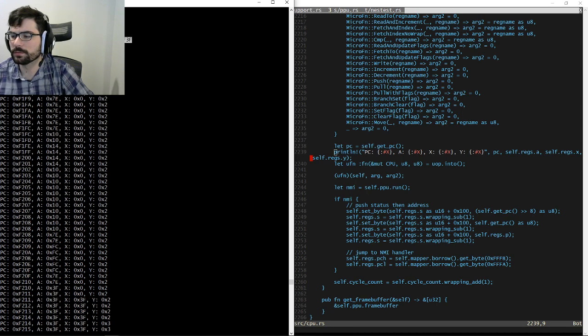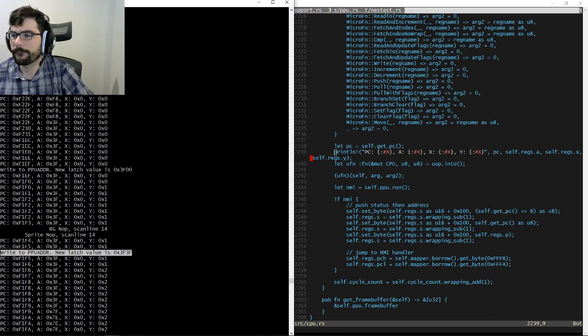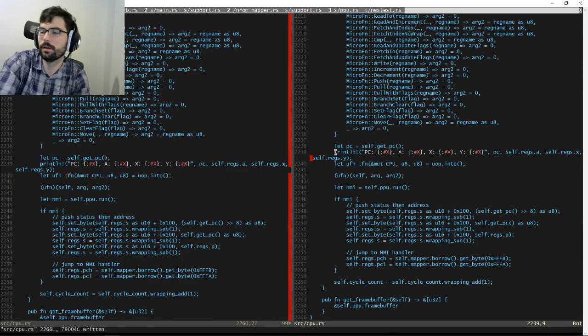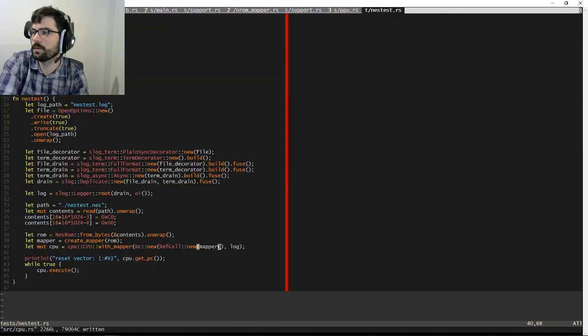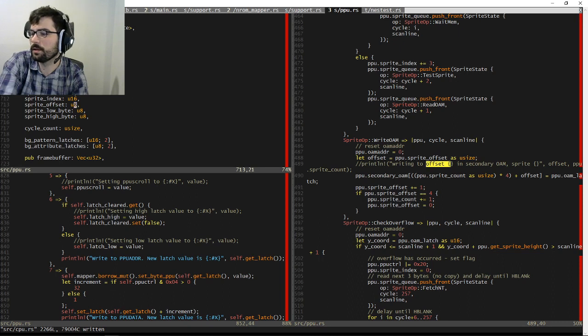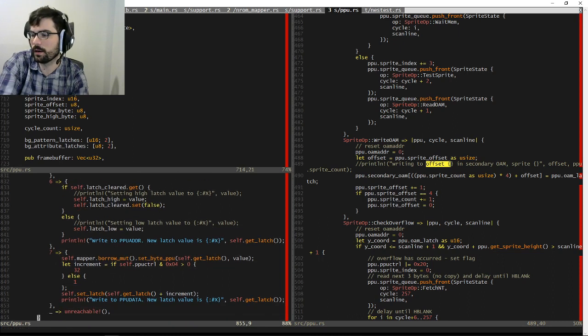I don't know. I need to print the opcodes that are decoded. Did you check your function where you fill PPU address? Yeah, I did. It's right here. All right.